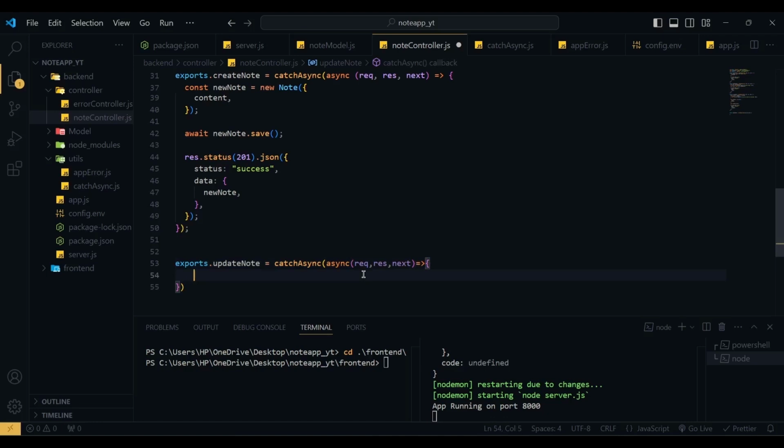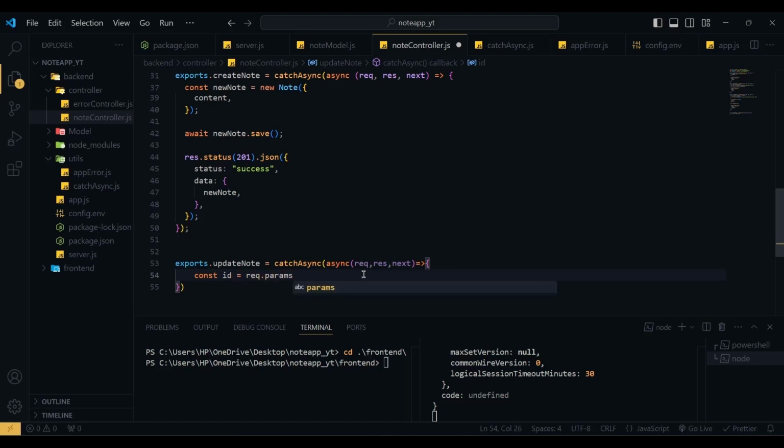And what we are going to do in the update node, we first need to get the id. So which node are we going to update? So first we are going to get the id from request.params, and then we are going to get the title and content from the request.body,